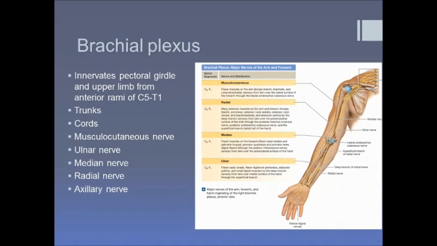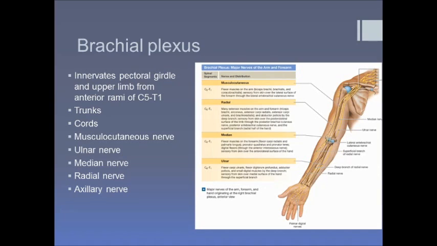The brachial plexus innervates the pectoral girdle and upper limb from anterior rami of C5 through T1. In the brachial plexus, you'll see trunks, which are large bundles of axons, and the branches off of them, which are cords. Some of the main nerves of the brachial plexus are the musculocutaneous nerve, the ulnar nerve, median nerve, radial nerve,